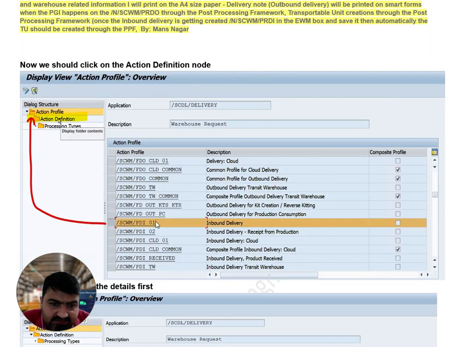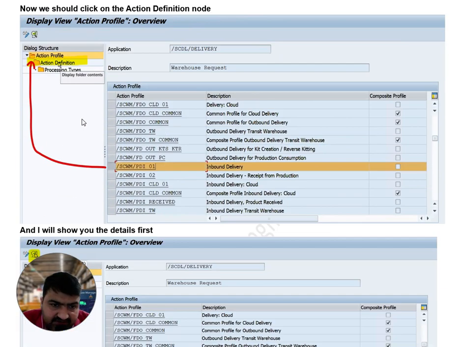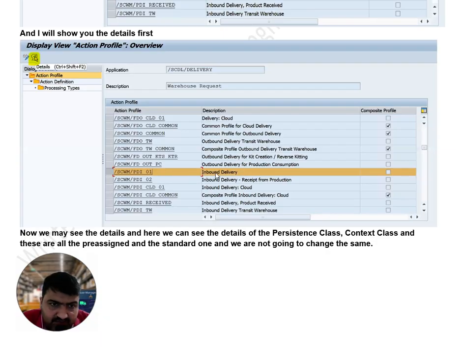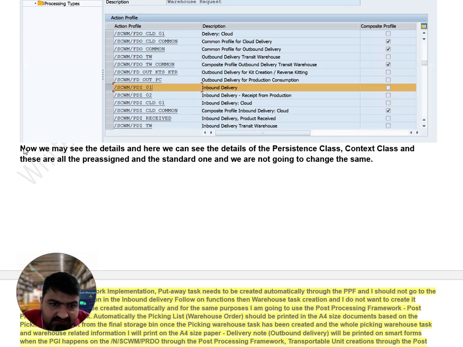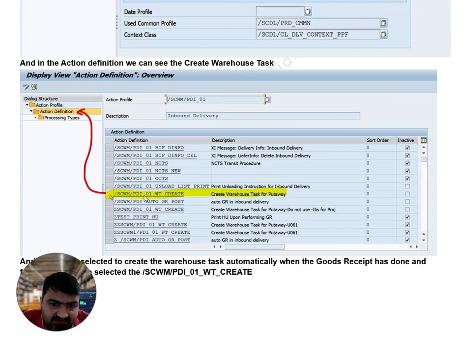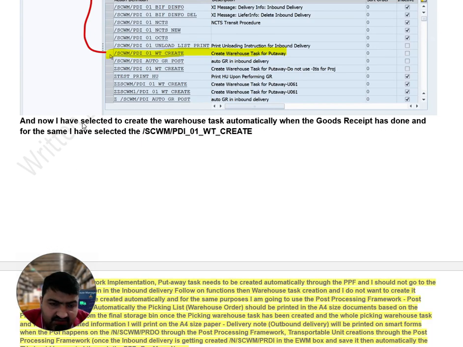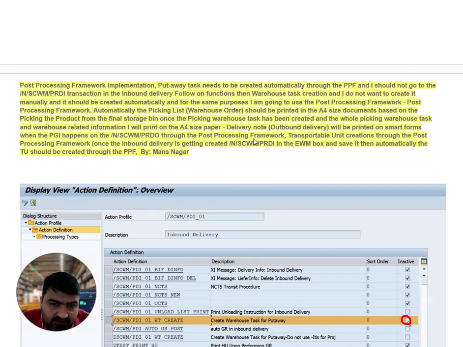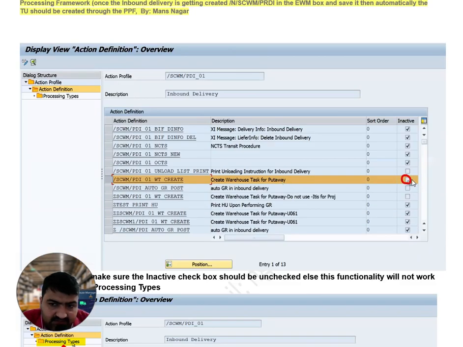Then select this, click here on the node Action Definitions. So inbound delivery, go to the details. Now we may see the details here. We can see the persistent class, context class. Those are the standard persistent classes, and we are not going to change them. Okay. Warehouse task, action definition. Now I have selected to create the warehouse task automatically. Then create warehouse task.